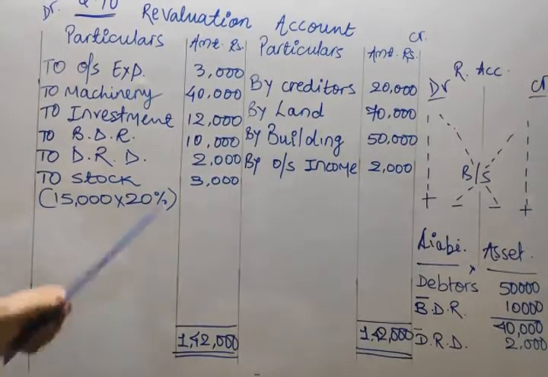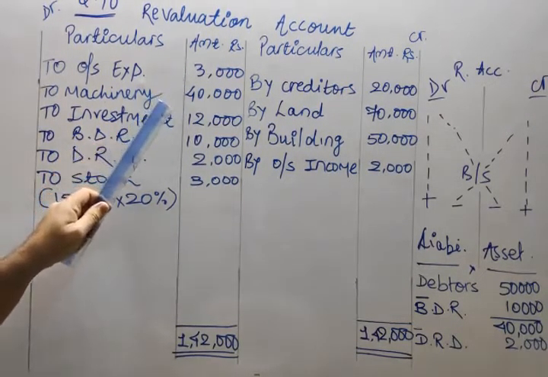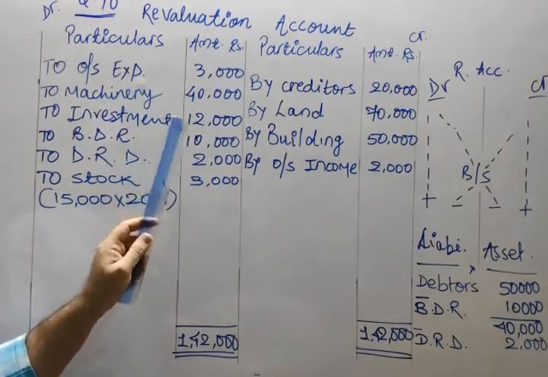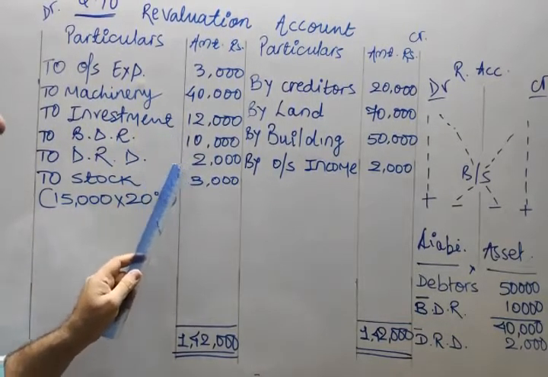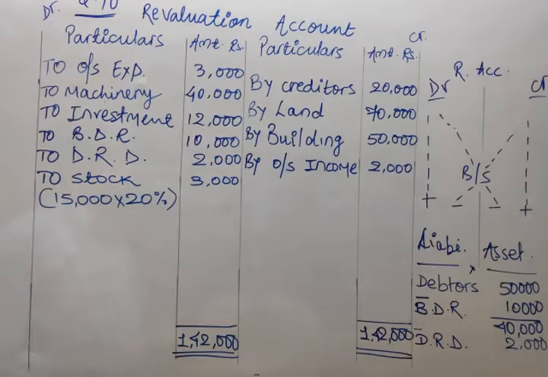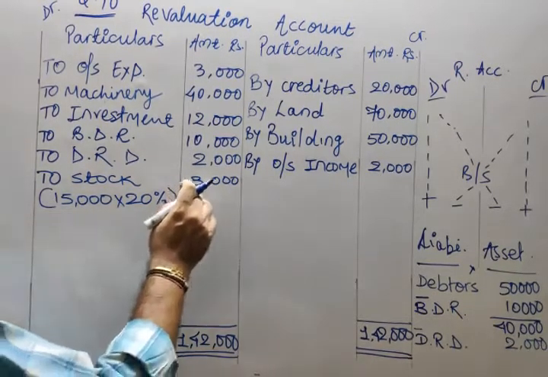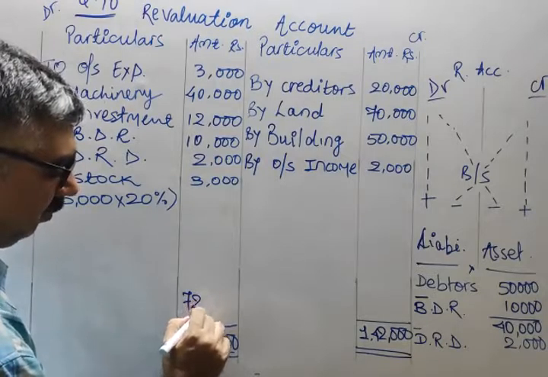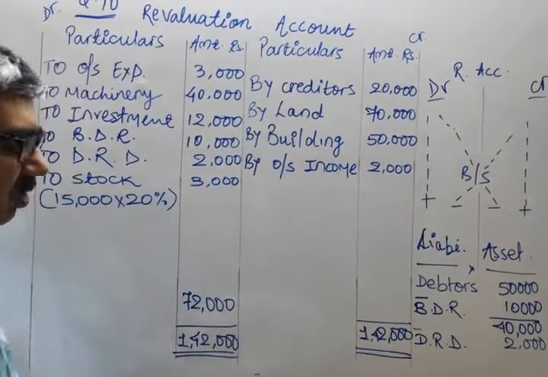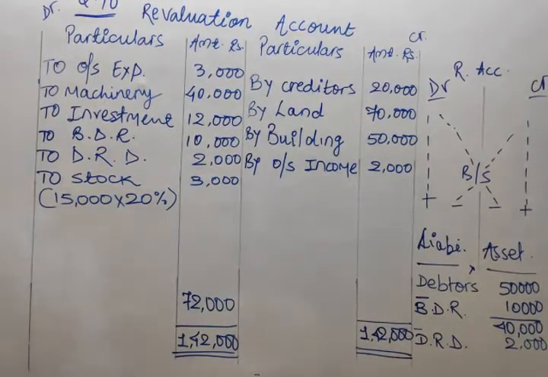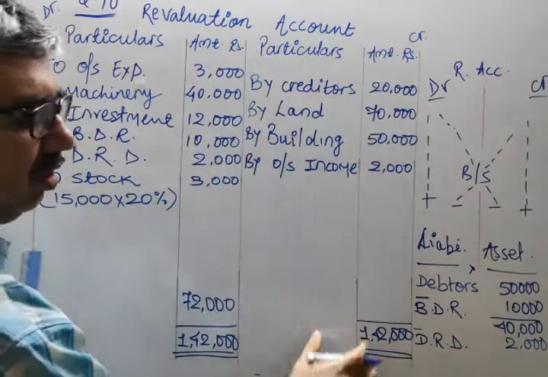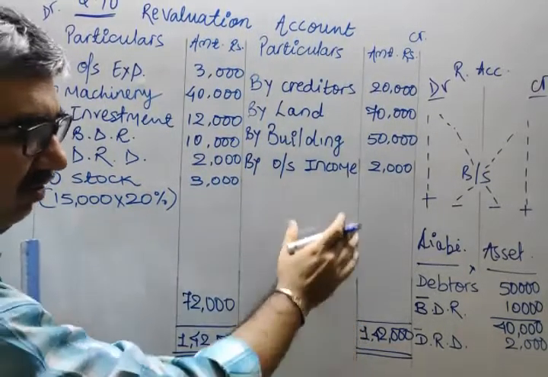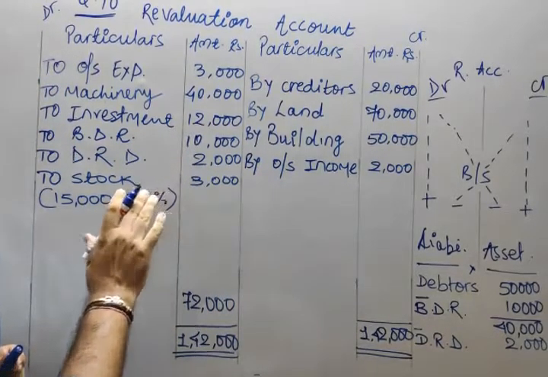Now debit side. 43 plus 12 comes to 55, 65, 70. From 1,42,000, if we deduct 70, the answer is 72,000. Is it clear? Credit side total is bigger, so benefit gain is bigger than the loss, so the difference